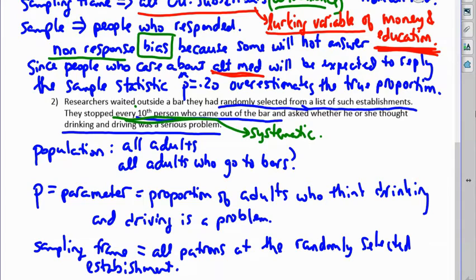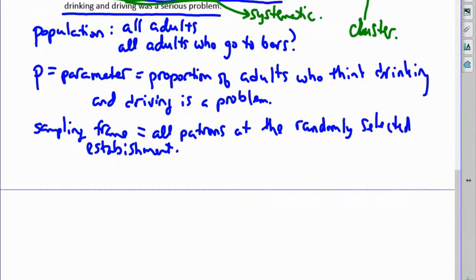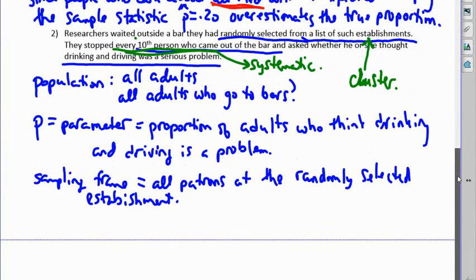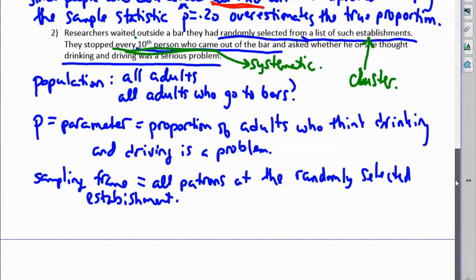Now, in a way, each of these establishments, each one was a cluster. So I could have gone and sampled each person at that establishment. That might have been a better way to get at the cluster. But I guess it depends on what you're trying to describe for a population. If you're trying to describe all adults, then I can see a serious source of bias in this situation,